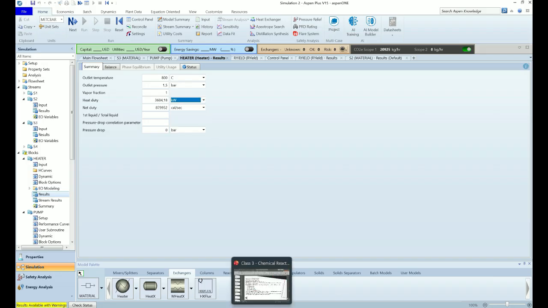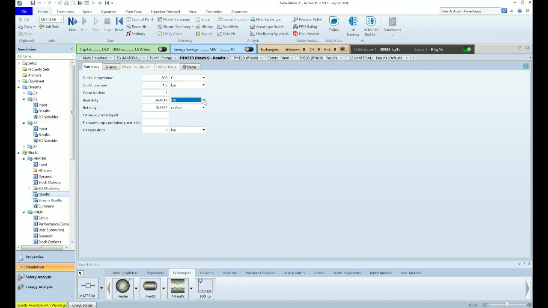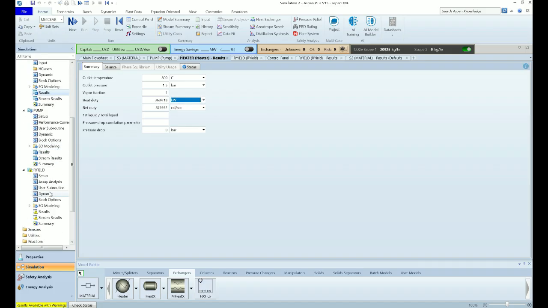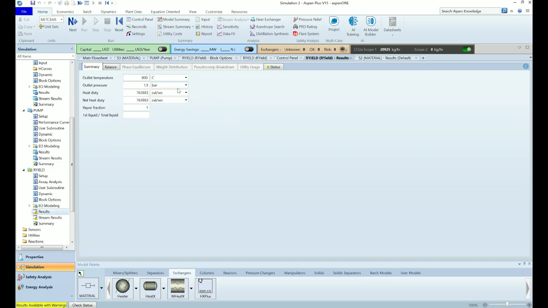Okay, this is the amount in kilowatts or gigacalories per hour. And for the reactor, we have here for the block Q results this amount of heat duty in gigacalories per hour